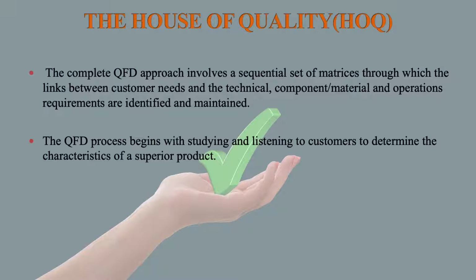The QFD process begins with studying and listening to the customer to determine the characteristics of a superior product. So QFD is utilized to understand the needs and requirements of the customer, which will be converted into technical requirements and then operational requirements, and which will be utilized to develop a better product which is having